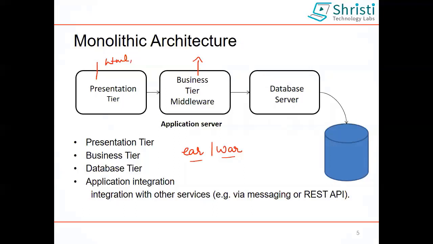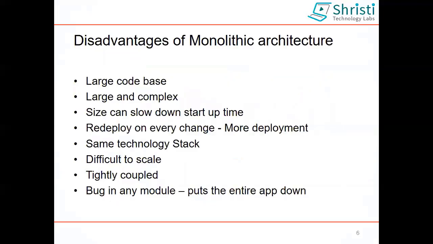Now, why are we going in for a microservice architecture? What are the disadvantages of a monolithic architecture? That is what we are going to see now. In case of a monolithic architecture, the code base is large, huge, it is heavy. So you have different modules. When you talk about an e-commerce application, it has got different modules: one for product, one for category, one for customer, seller, billing, order. So the code base is huge. That is the first disadvantage. As I told, when I say the code base is huge, it is also large and complex for any developer to understand and work in a monolithic architecture.